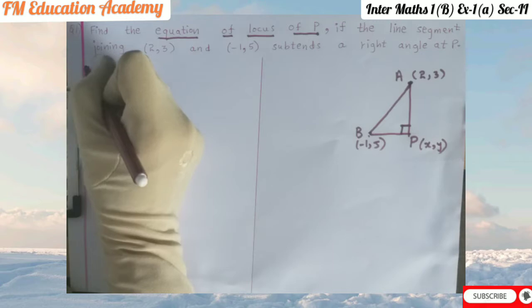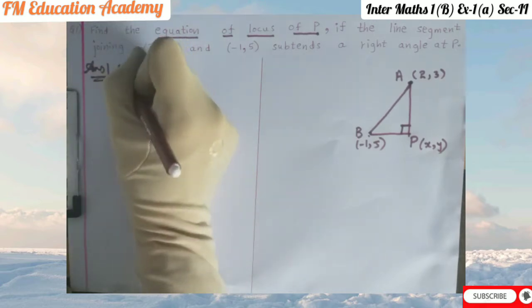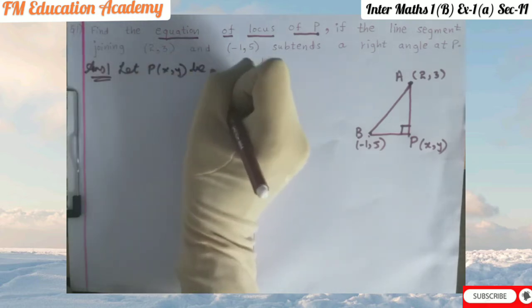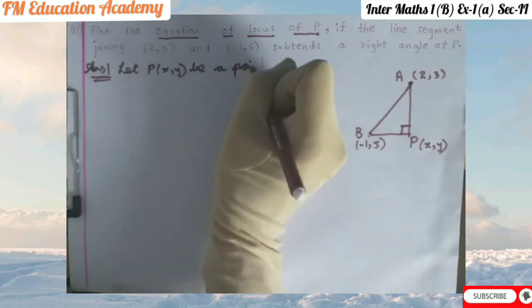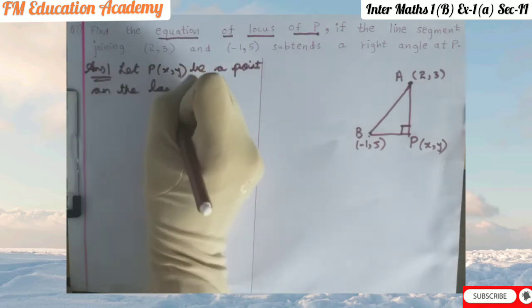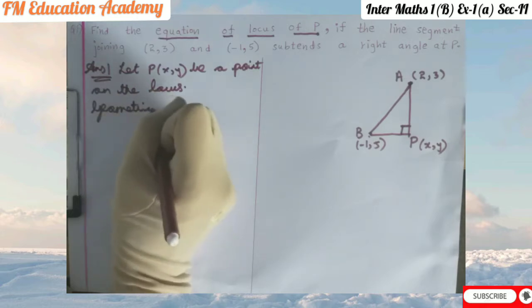So as usual, what will be our first step? We have to assume P to be on the locus. So let P (x, y) be a point on the locus. Second step will be the geometrical condition. The geometrical condition given here is